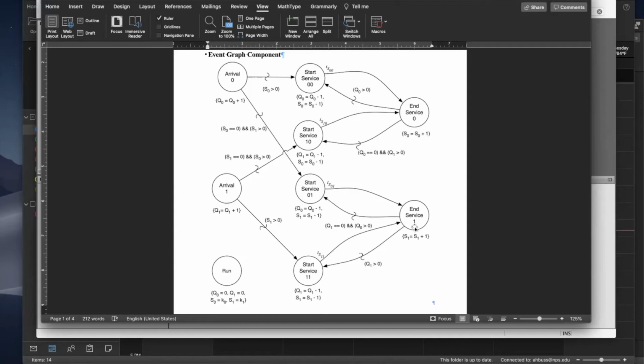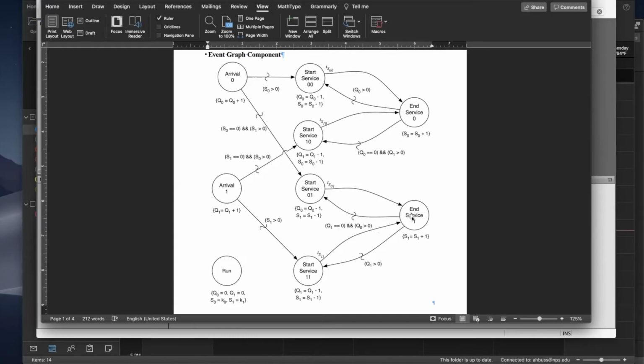So similarly, for the end service of type 1, again, do the state transition, that because they prefer a customer of type 1, all it needs to do is check to see that there is an available customer of type 1. However, if there's no customer of type 1 available, but there is a type 0 available, they will schedule that event. And you need to make sure,